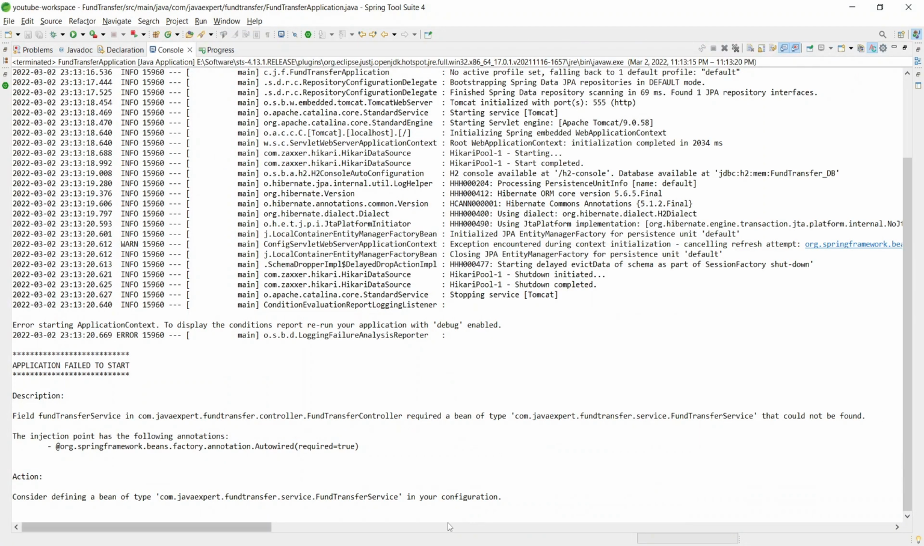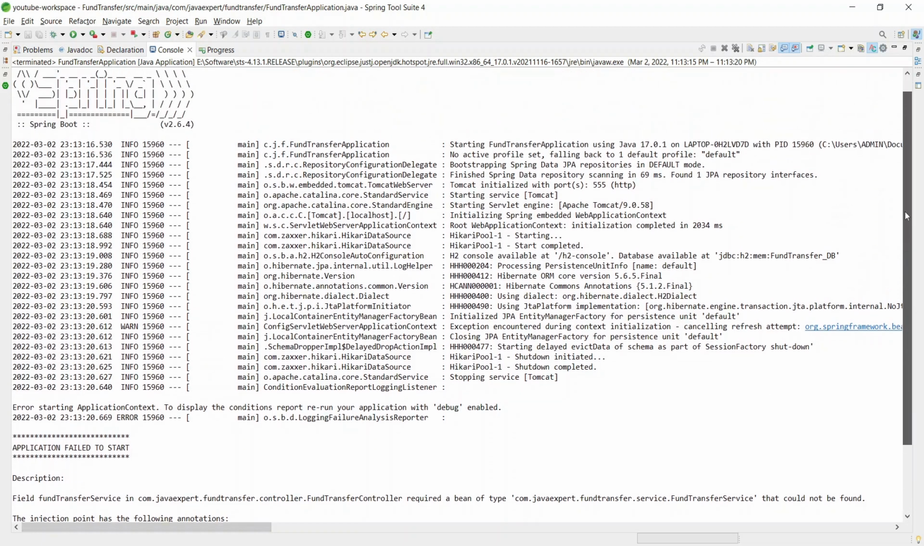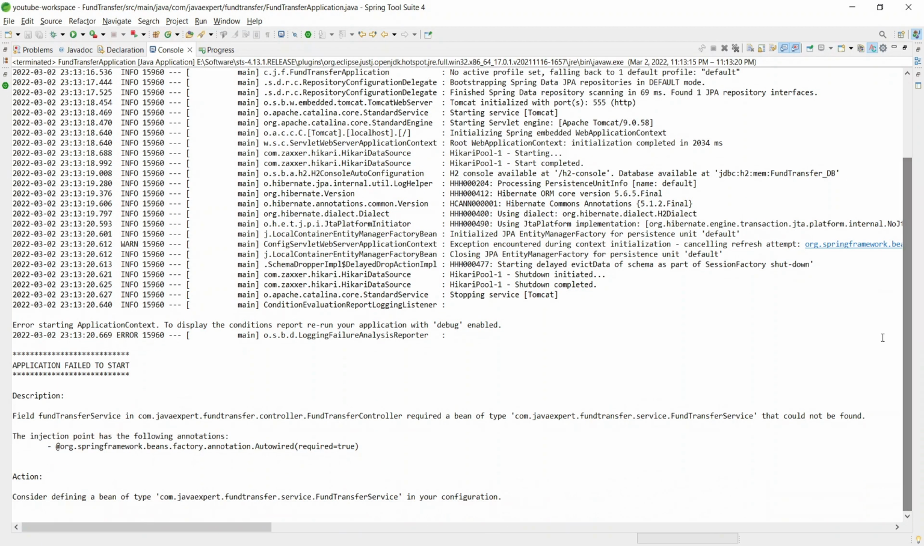Now again we are getting some other error. So whenever you're getting an error, please do not panic. This is the place where we can learn things actually. Whenever you're getting an error, that's where you are able to learn. You read the error message properly. What is failed: fund transfer service in